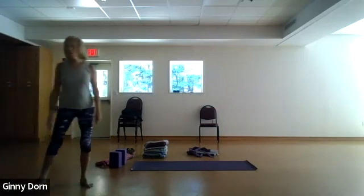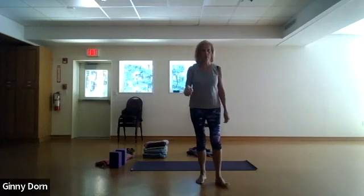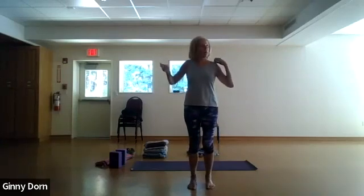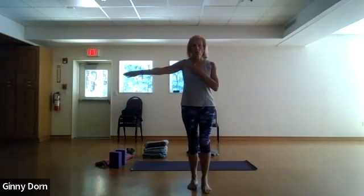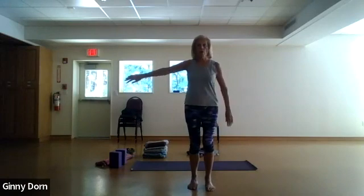So I just want to show a little demonstration. I maybe have done this before, but I want to do it again because it's so important as we get older, you know, our joints obviously get stiffer. So the importance of having the shoulder in the right position is paramount. So there's two things with shoulders. You can internally rotate your shoulder, which means that you bring your shoulder forward this way, or you can